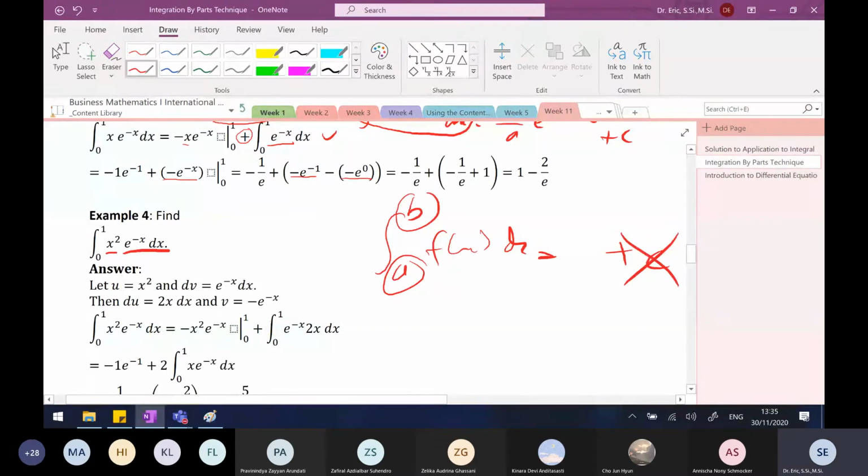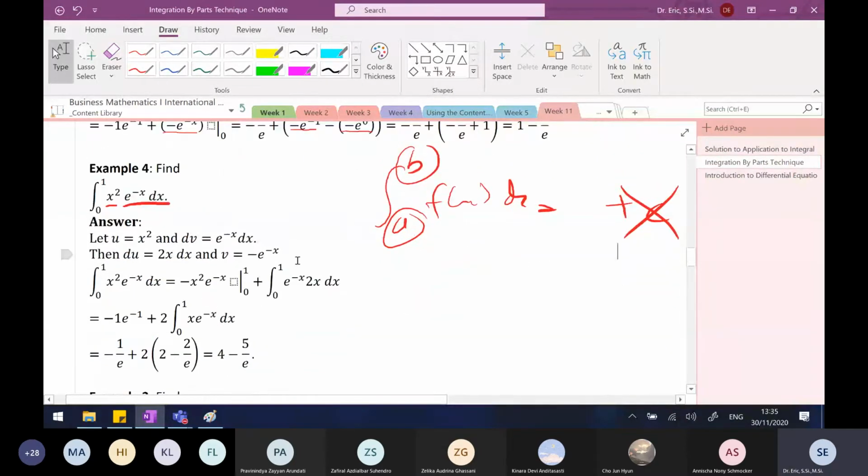Don't forget, you don't have the constant if you have the boundary. So you don't have a constant here. Okay, yeah? Plus the integral of v, oh, this is minus, so you have plus e to the power of minus x times du, which is 2x dx. So you have minus, you substitute 1 and 0, you have this,